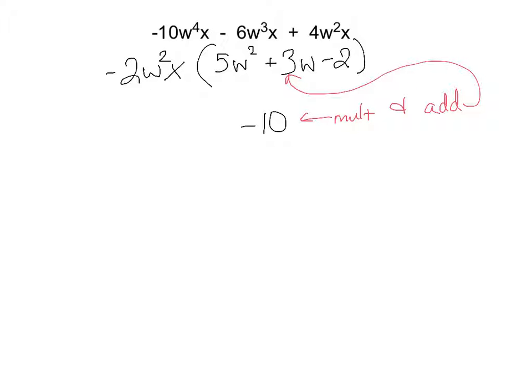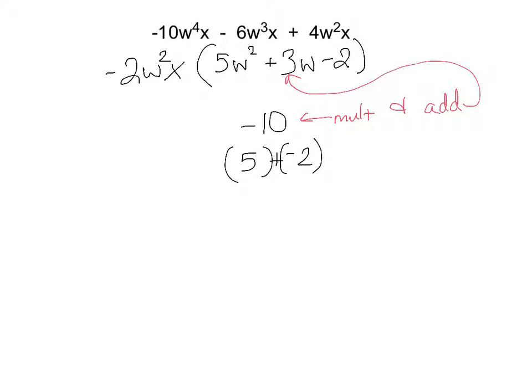What multiplies to a negative 10? It's probably going to be a 5 and a 2, but one of them is going to have to be negative. Do you know which one? Since I want to have a positive 3, when I add them, I'm going to want my 5 positive and my 2 negative. That would multiply to negative 10, but if I wanted to add it, it'd give me a